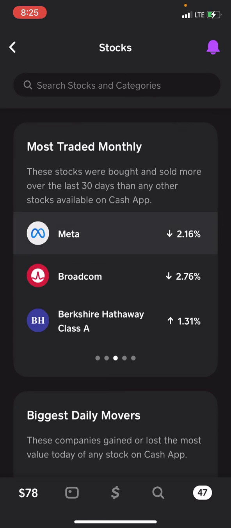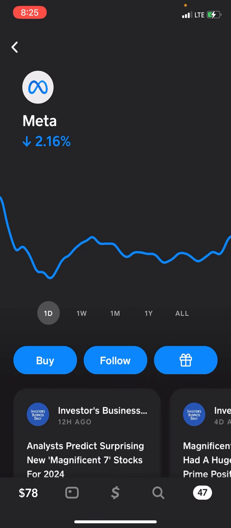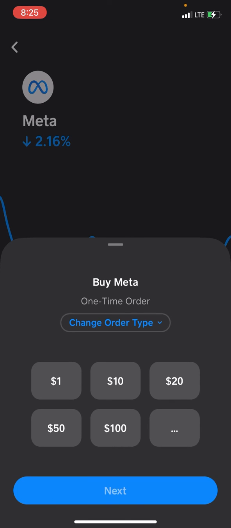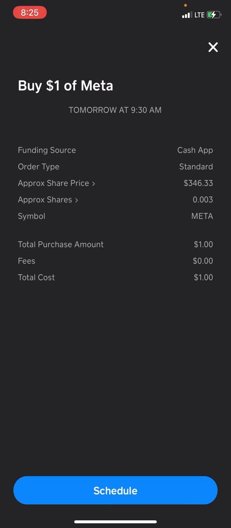So we're going to press on that. And here on this screen, we're going to press on buy. Here you will enter the certain amount that you'd like to invest in, depending on how much money you have. Let's just do $1 for this example. Go next. And now depending on the date and time that you buy this, like for me, for my example,